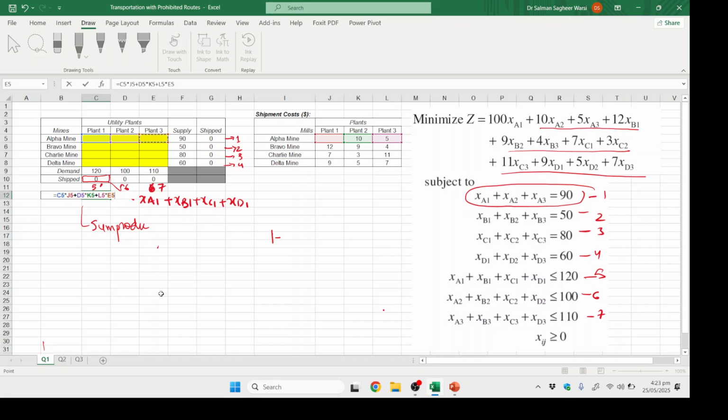They will be like 3 by 4, the 12 values we have to type. So instead of doing this, the easy way is simply equal to SUMPRODUCT,